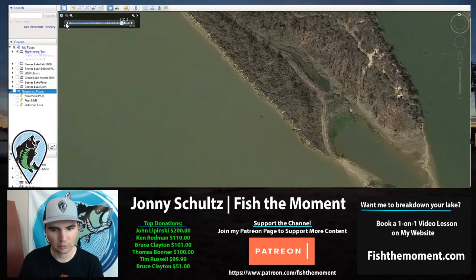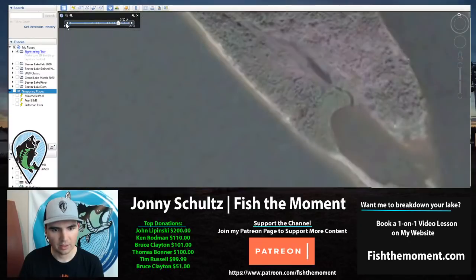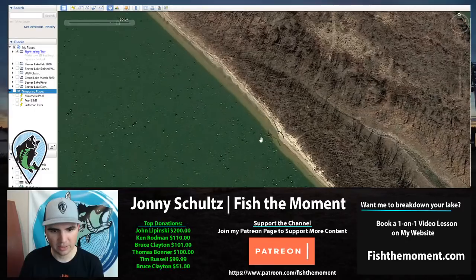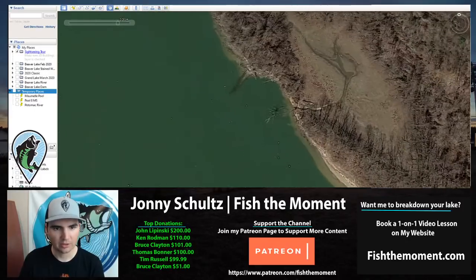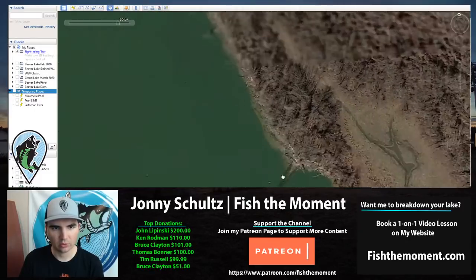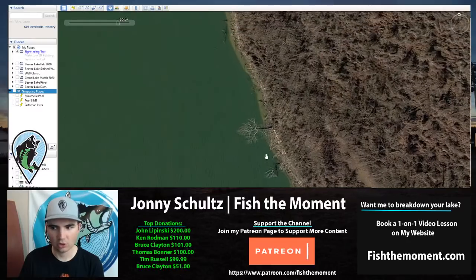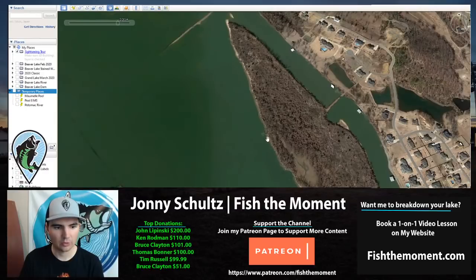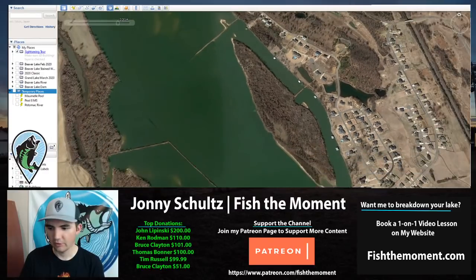Sometimes the laydown stuff will shift because of the current. Let me find them real quick. So you can see there's a big tree or a big laydown right there. And there's a bunch more laydowns like right here and all down this bank. These are all really juicy laydowns. And if we take a look at this part of the river, what you'll see if we go over to Navionics is that,